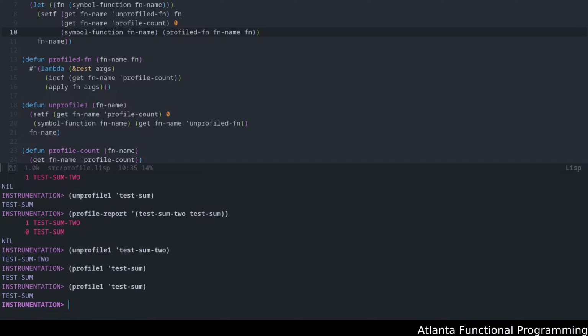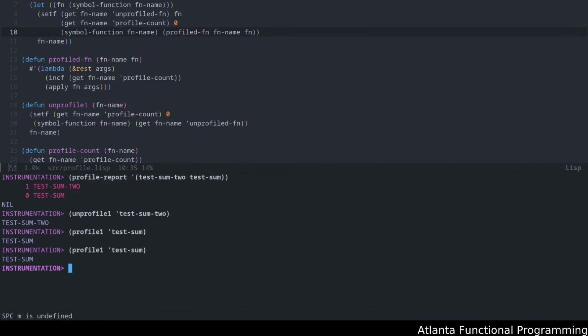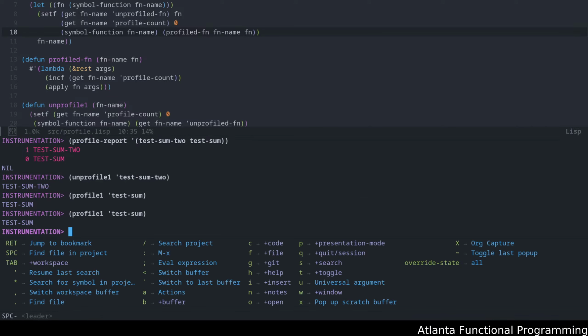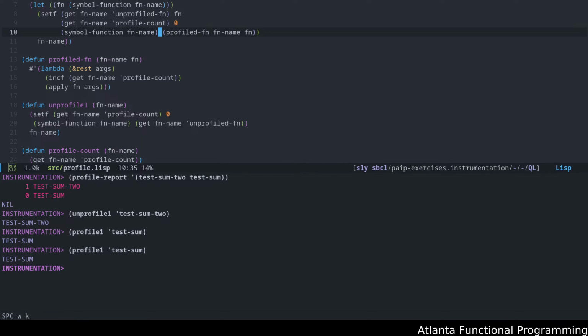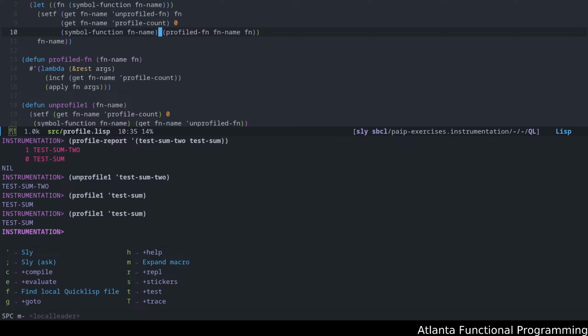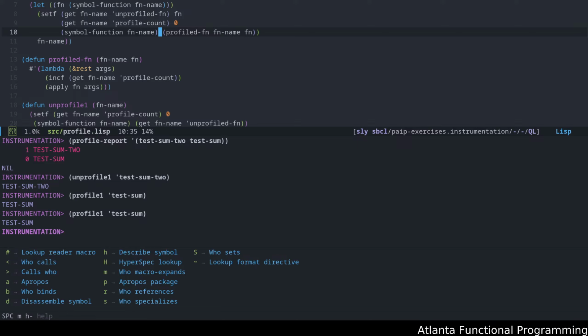my apologies, there's a sly inspect that I need to use. Um, it's actually, let me go. I think I have to go in here and do um would be help, and no, that's not it.